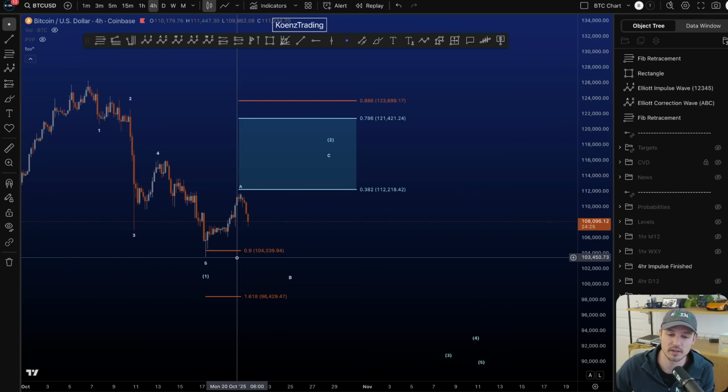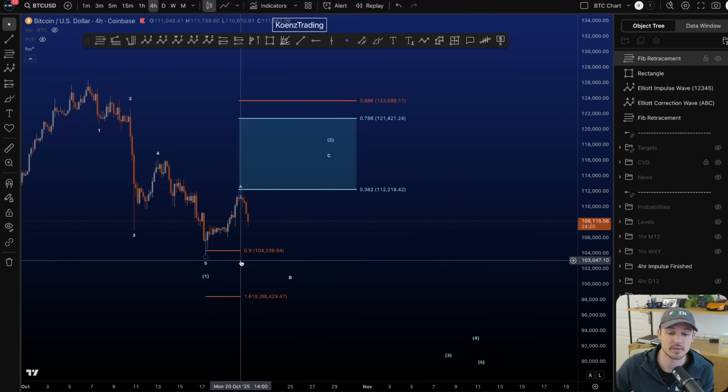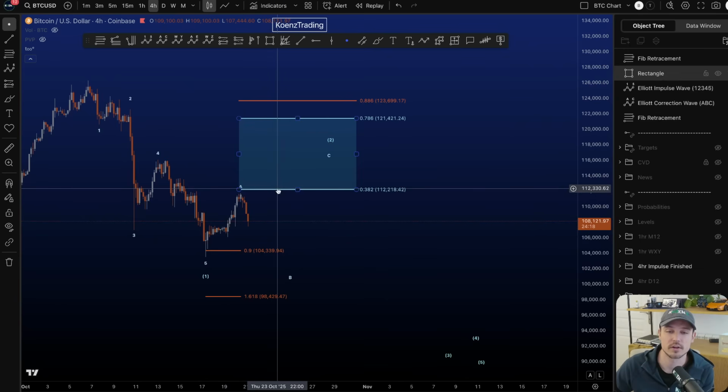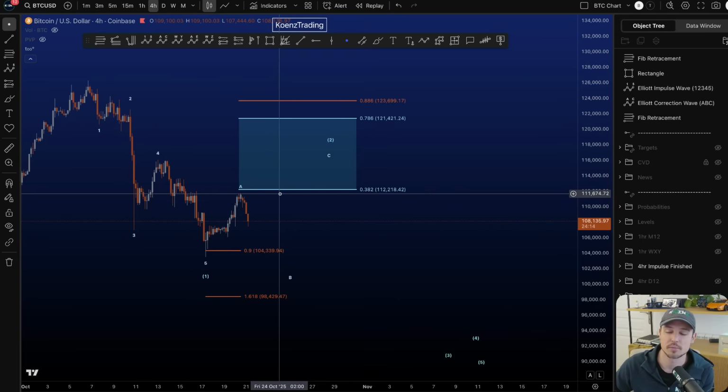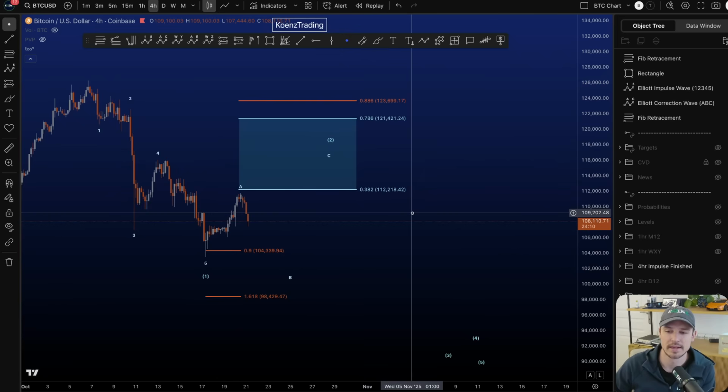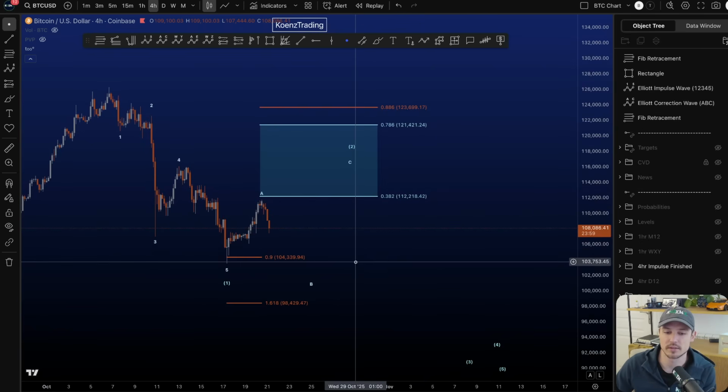Retrace to the 0.9 or somewhere in between before taking out the low, regular flat. If it's a regular flat, you expect regular flat targets. If it's an expanded flat, you take out that low, there's the potential to extend. So minimum target, end of A, maximum target 1.618. So it's just simplifying a couple of things. It's simplifying the difference between regular and expanded. It's simplifying the target area for the two as well. And in the end, it should help with practical implementation